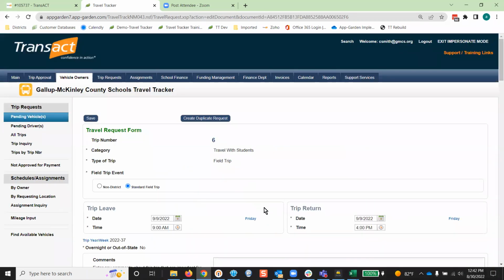Now, the request form, there's 3 different types of request forms. There's a field trip request, there's an athletic trip request, and there's a staff trip request. They're all similar in a lot of ways, but there's a little bit of differences in them as well. So you'll get to know these forms as you work in the system. So let's just kind of scroll through and talk about some of the different information that you're seeing on the